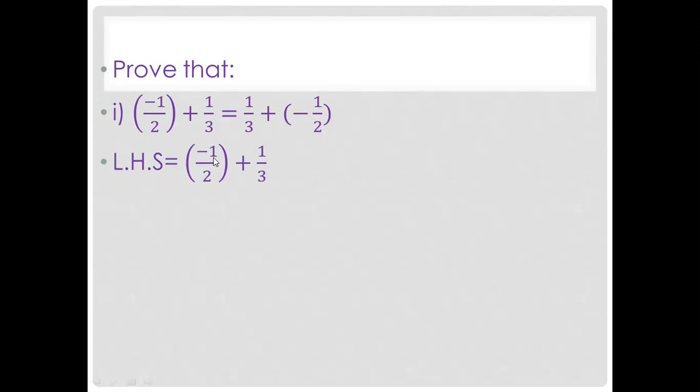First, left hand side is minus 1 over 2 plus 1 over 3. So you know that students, if you have fractions, you can't simply add them. What will you do? You make the denominator same. How can you make it? Both are prime numbers, so you can easily make the denominator same. The first fraction, multiply the numerator and the denominator with 3, and the second fraction, multiply the numerator and the denominator with 2. And you can also do it by taking LCM of 2 and 3.